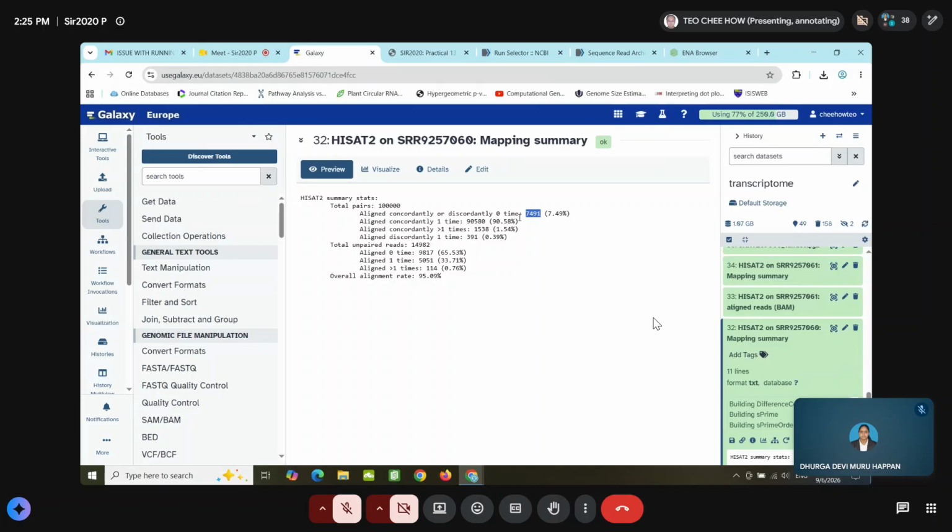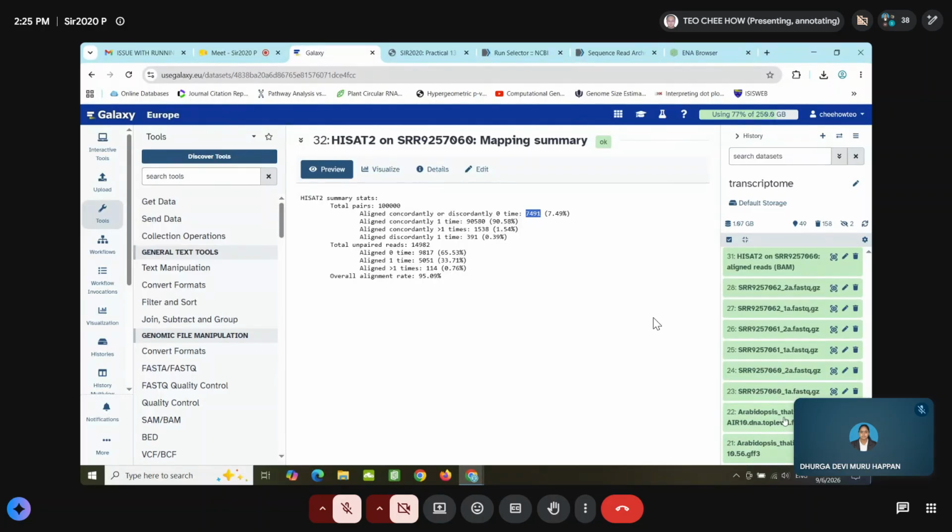So it means it did not align to the Arabidopsis reference genome. Then 7.49% aligned one time. This means it aligned to only one region, so this is actually the one that we want.